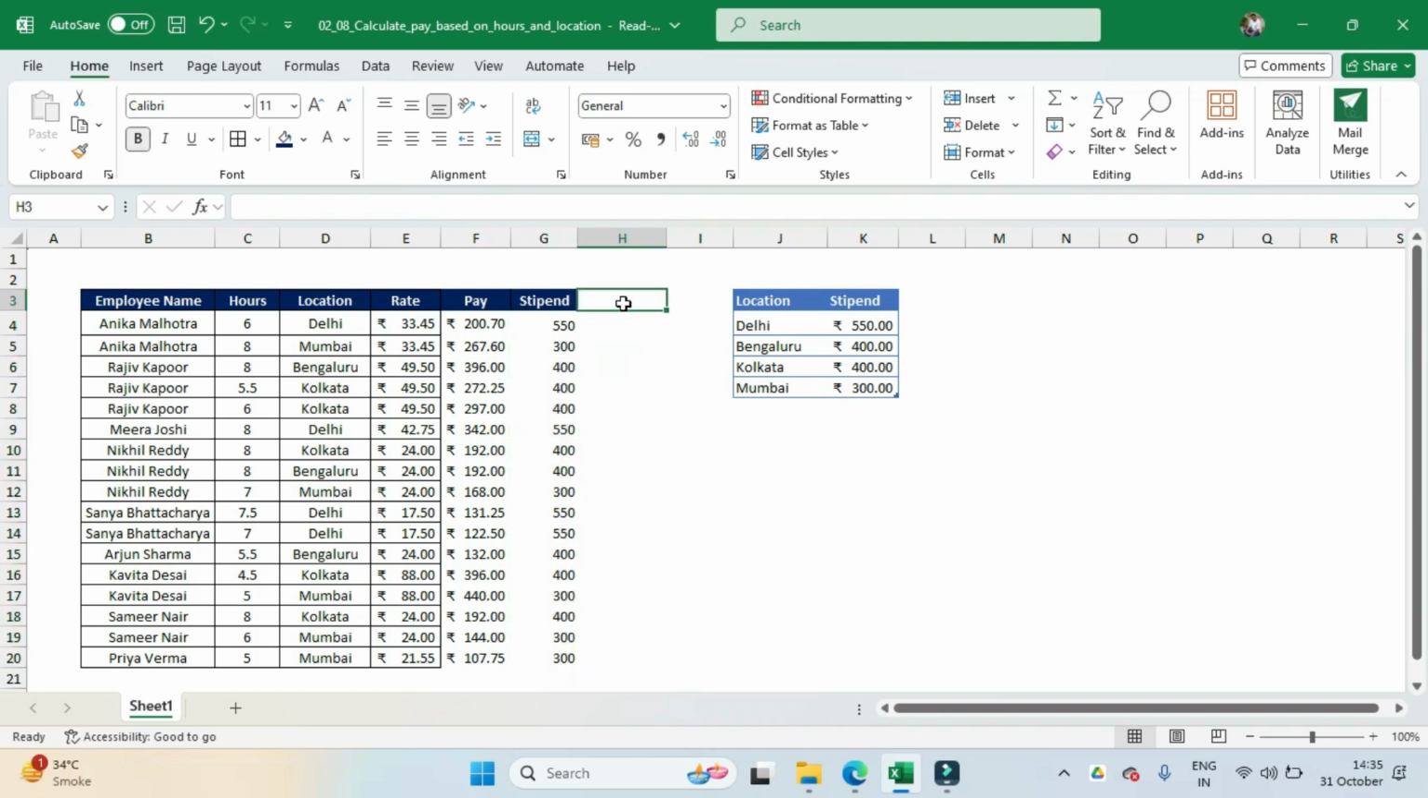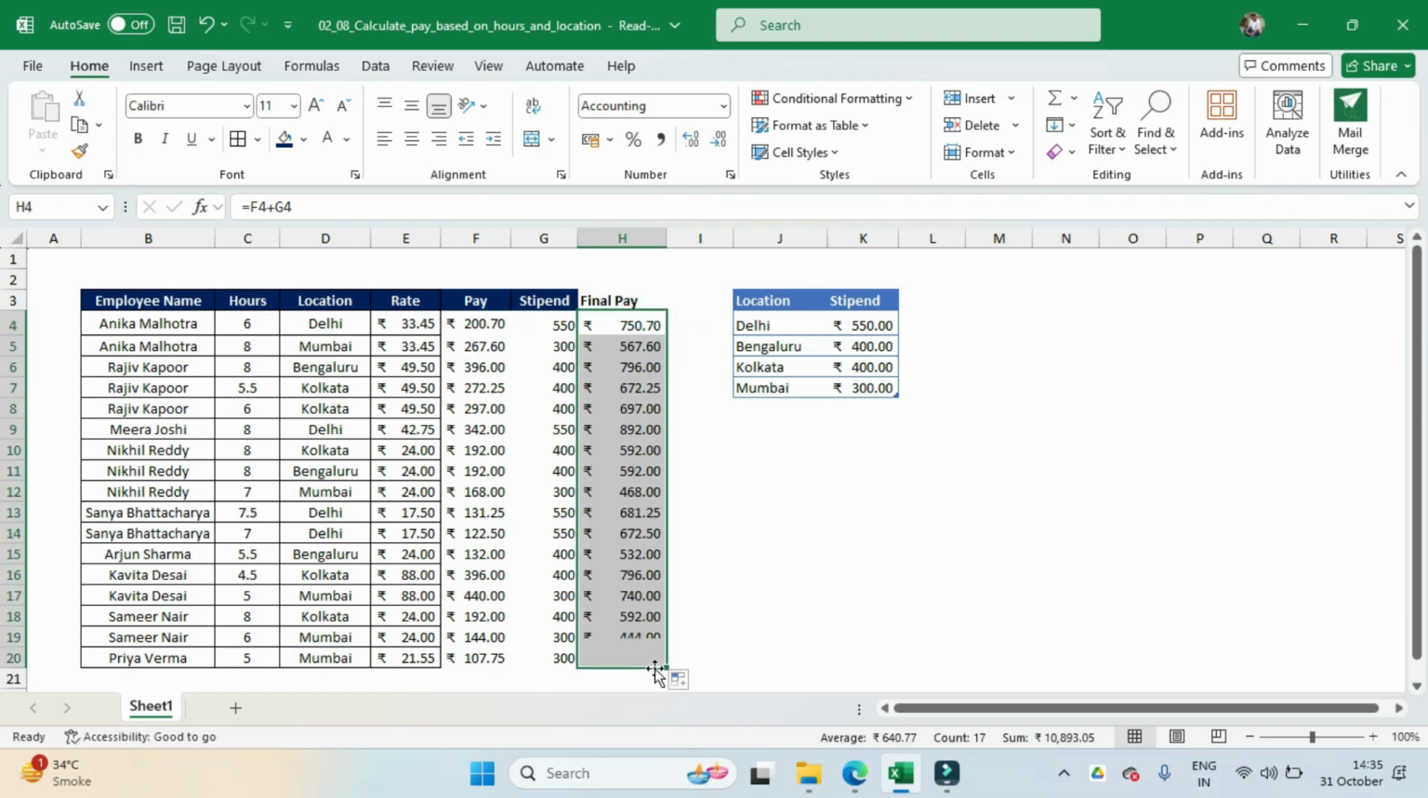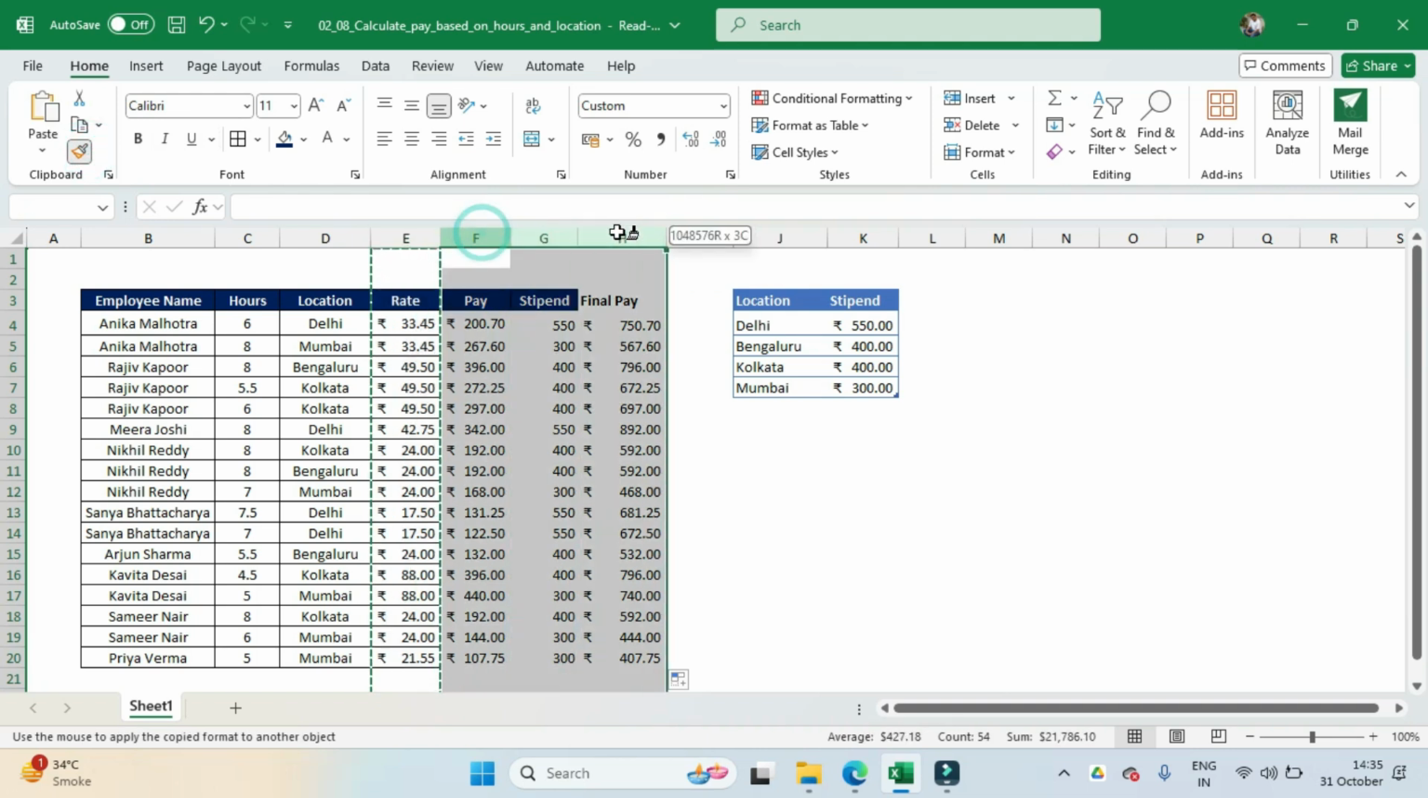Now we'll calculate the final pay, which would be pay plus stipend. So here we'll give the formula equal to pay plus stipend and hit enter, and we'll just drag the formula down. Now we'll just copy this formatting to all these three columns,